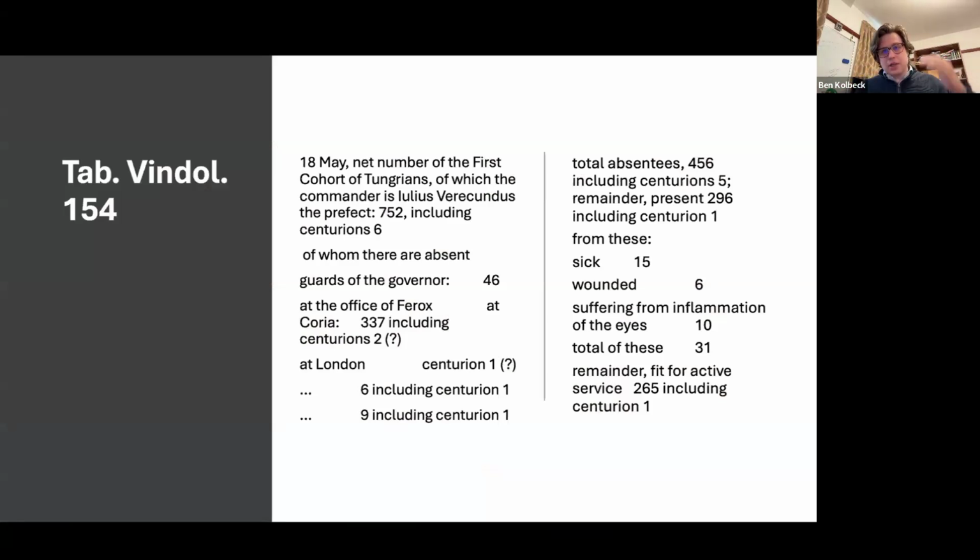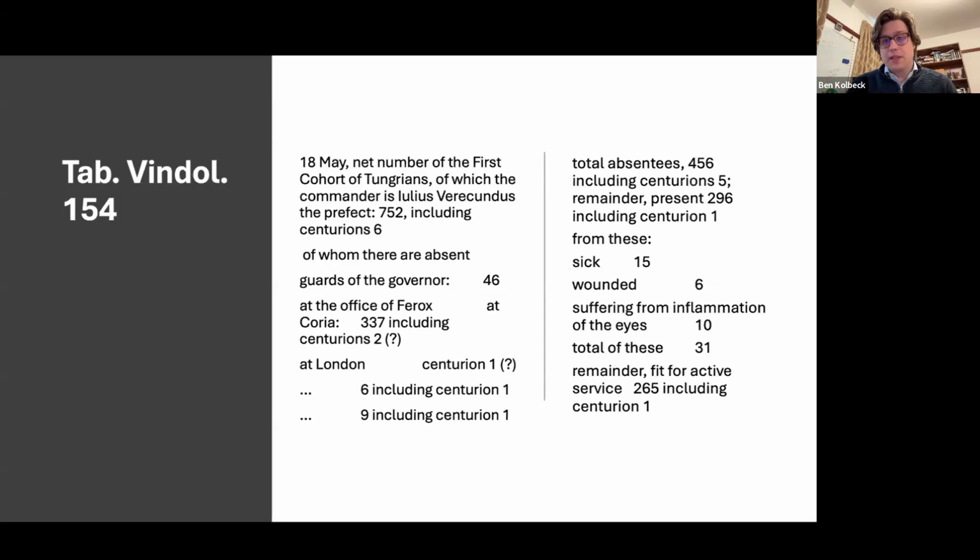Okay, so going down this social scale, leaving the officers a little bit behind, and thinking about what else is going on at the fort, how can we see that in the evidence? Well, this is a very famous tablet, tablet 154, which is the strength report of the cohort, which gives us overall numbers for the troops who are actually there. And this tells us that the first cohort of Tungrians, some tribe across the Danube that we don't know much about,